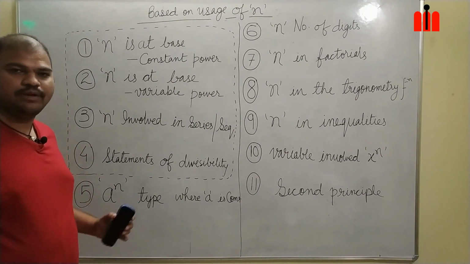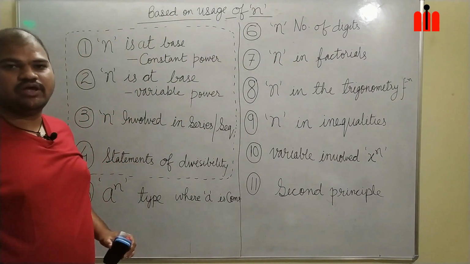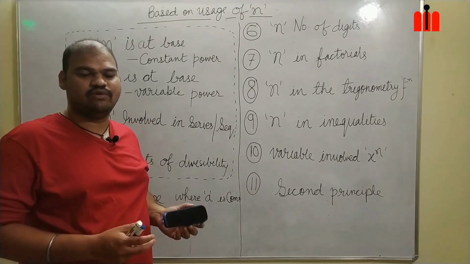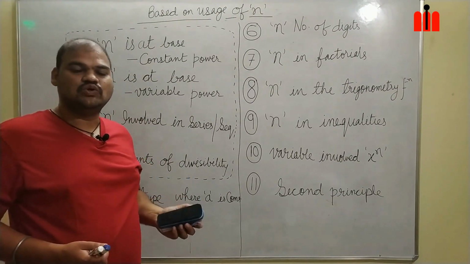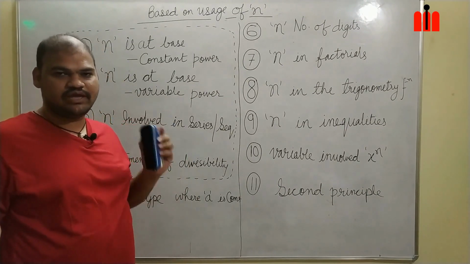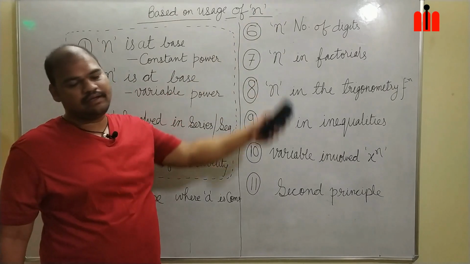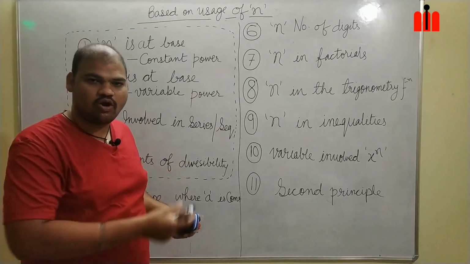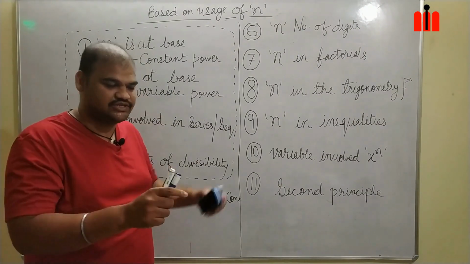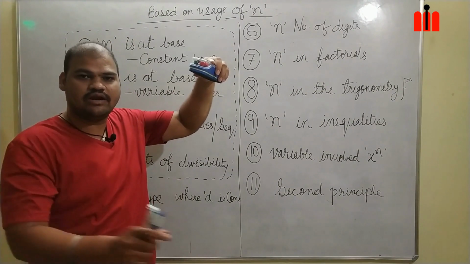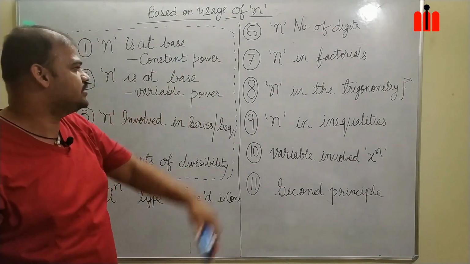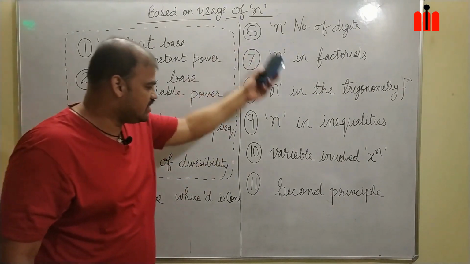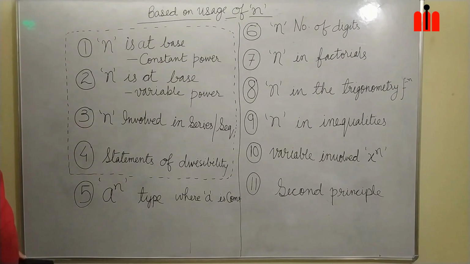I had categorized the problems based on the usage of n. In my basics class, I told that whenever a certain problem has a term of n where n belongs to natural numbers, then those problems are known as generalization problems. So n is the main point on which all the different problem categories will hinge. This is the pivot point, and all are hinging about this point. Based on the usage of n, I have come up with 11 types of categories. So, first type of problem,